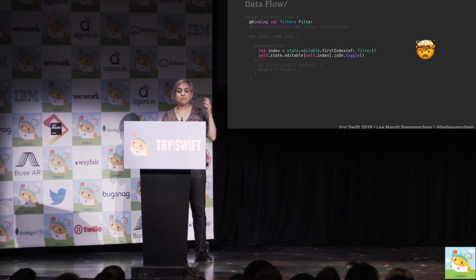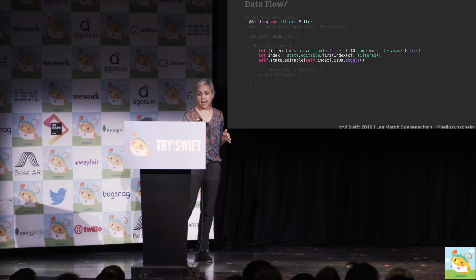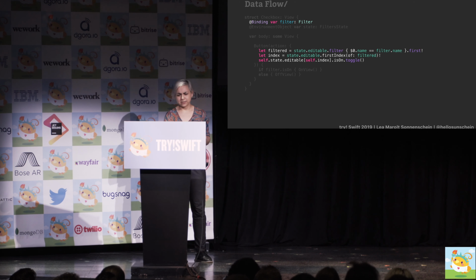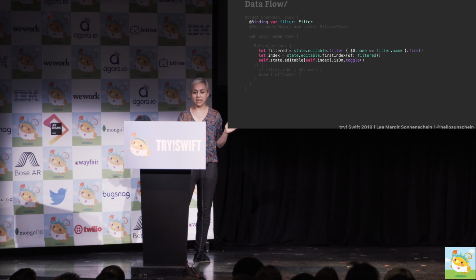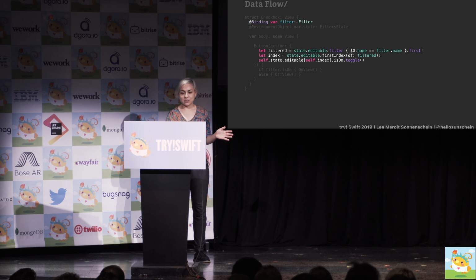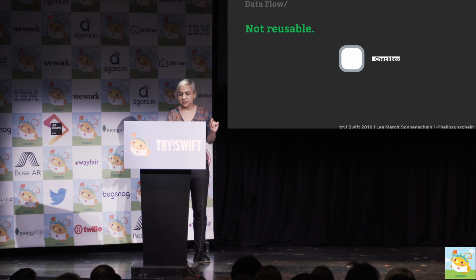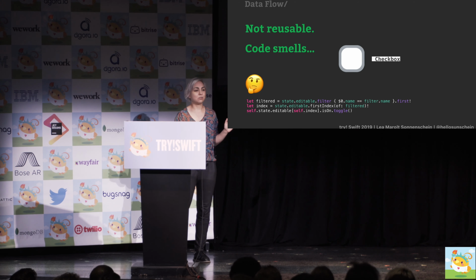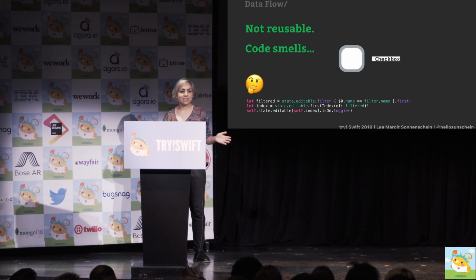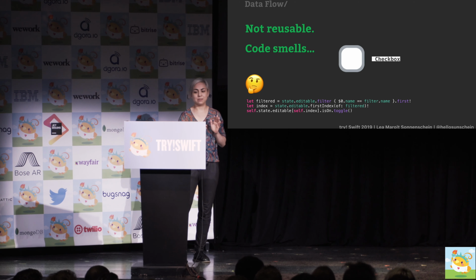So now that we're in this mess, we just have to commit to it and do something even worse. First, filter the editable filters array by the name of the past filter, so we ignore that isOn property completely. And only then do we get the right index and no crash. So now we have this tiny little humble checkbox, which is not at all reusable, and it displays all sorts of code smells. By manually extracting a filter from a singleton type data, it can just access on demand and then mutate it.